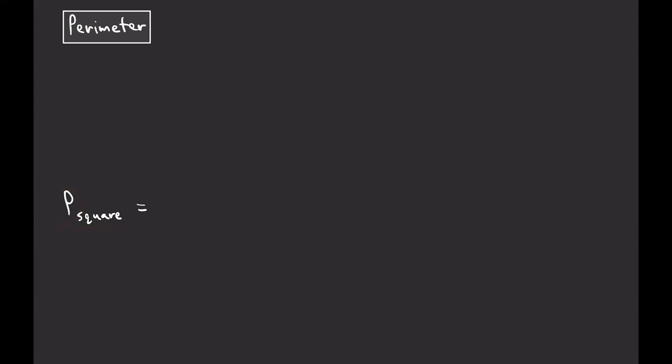If I have something like this, and this is just my square, you could presume that it has a side length of S. Because it's a square, by definition, all of those side lengths are the same, so they're all S. This idea of perimeter is basically just saying, let's take the entire length around this thing. Pretend you're walking around this square. How far do you walk? Well, in this case, we would walk a distance of 4S,